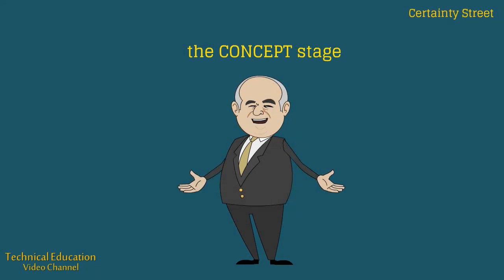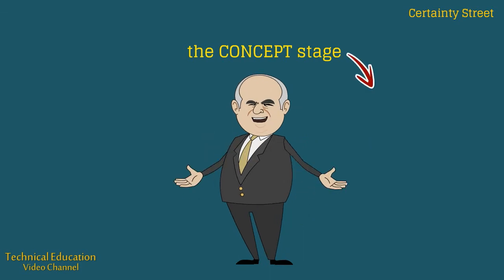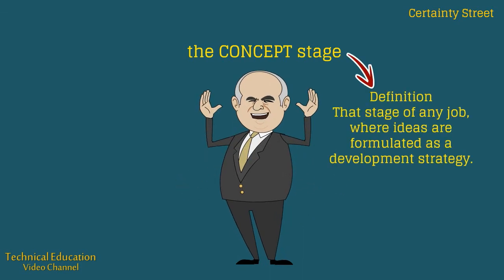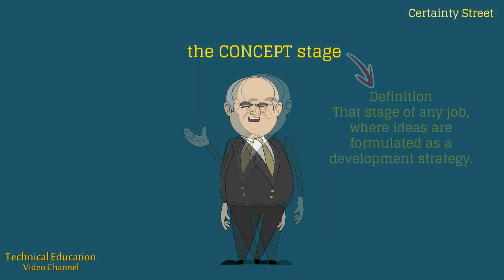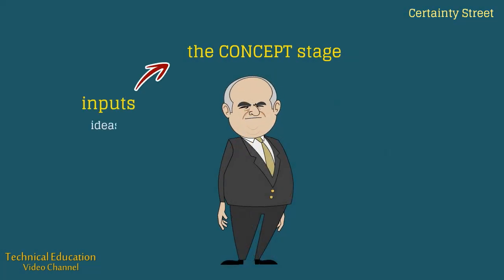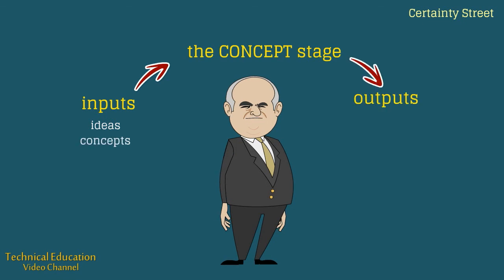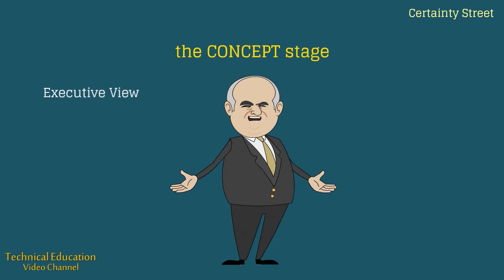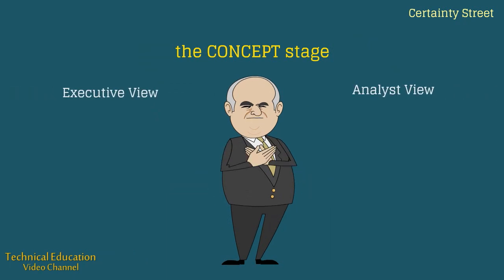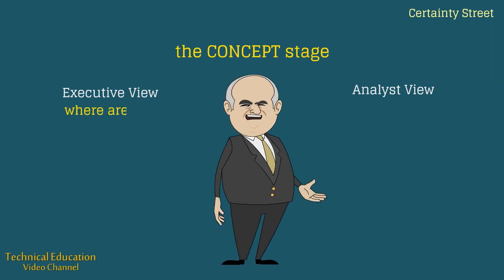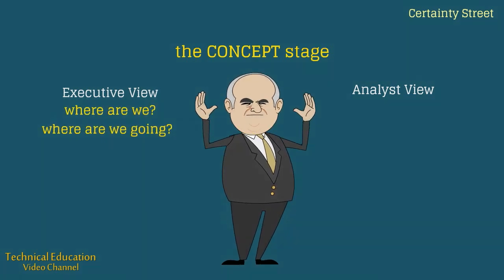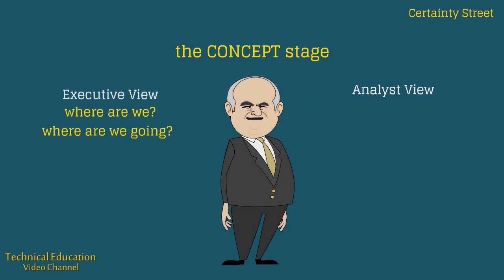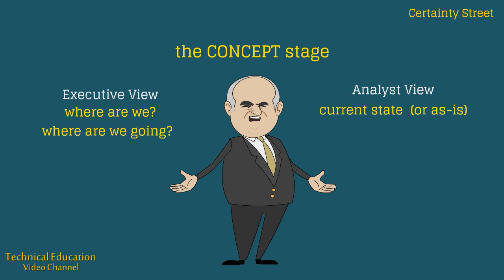The definition of the concept stage, then, is the stage of any job, where ideas are formulated as a project development strategy. The inputs to this stage are ideas and concepts. And the output is a development strategy, that we will define later, and we can consider two views of this strategy. The executive view, and the analyst's view. The executive view might be, in round terms, where are we now, and where are we going? As a business analyst, you need the details, so you are seeking to establish the current state, often called the as-is situation,